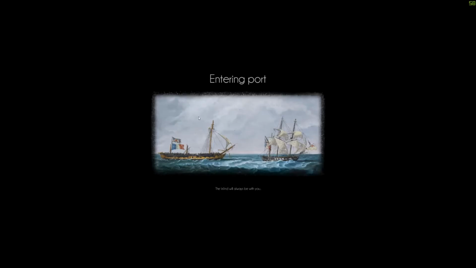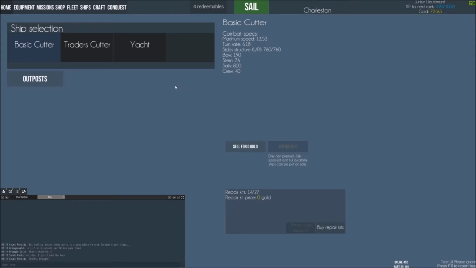I know the UI looks kind of generic, but it's just a placeholder UI for right now. They are working on it. So this is what you come up with when you first get into the game. You got the chat down here. You have your port chat and your nation chat. You have your ship selection. When you start out, you'll have the basic cutter,